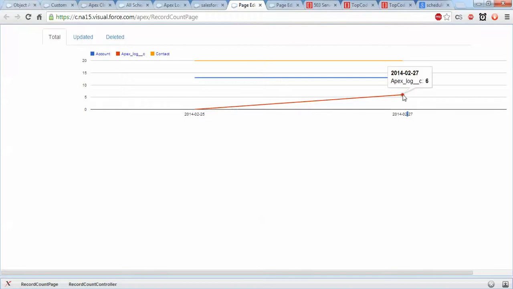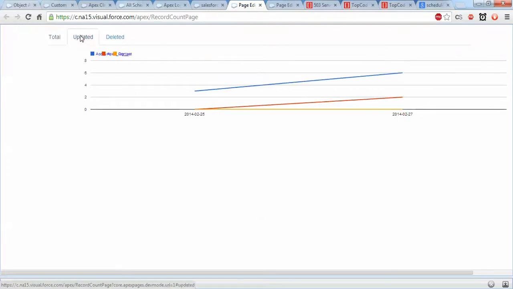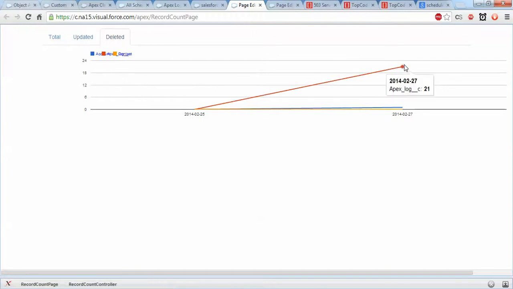So for Apex log, the total number of records is 6. Updated records for Apex log are 2, and deleted records, you see, in Apex log today I have deleted 21 records.